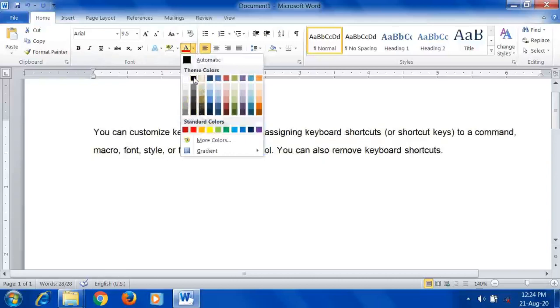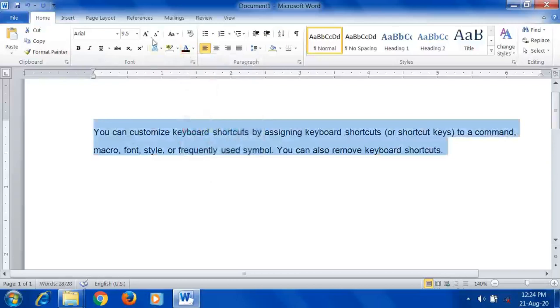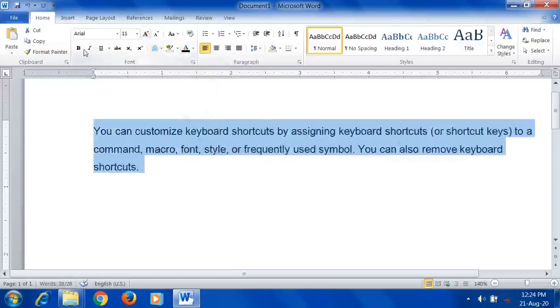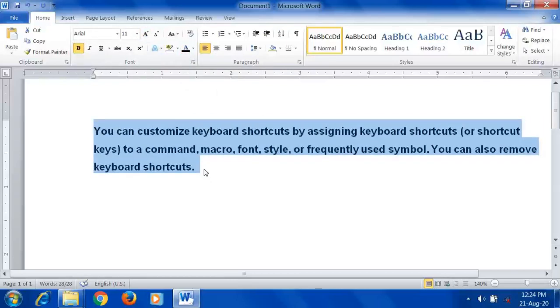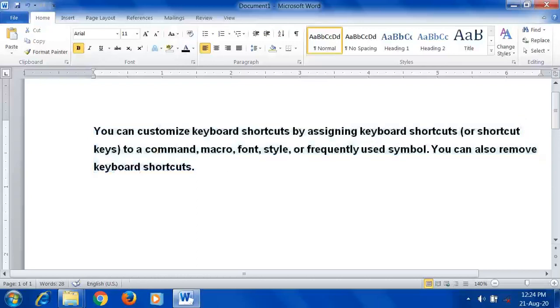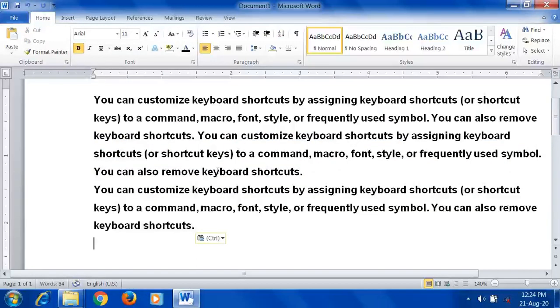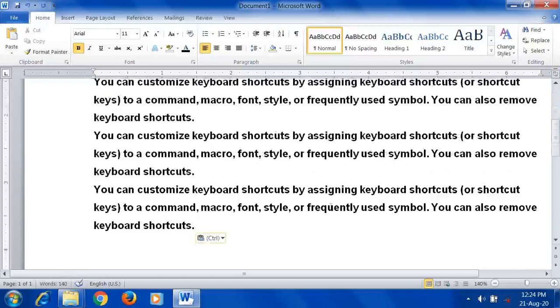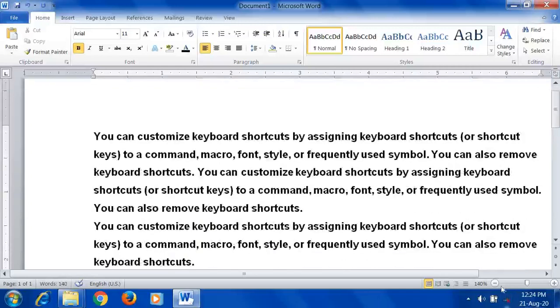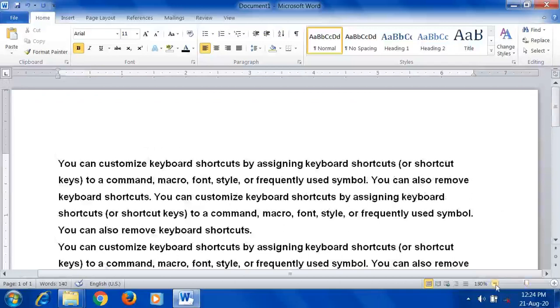We'll make it dark, increase the font a little bit, and make it a little bold, because I'm going to use this text again for copy. So now I'm doing copy paste, so don't get confused. I just copy pasted the same text.